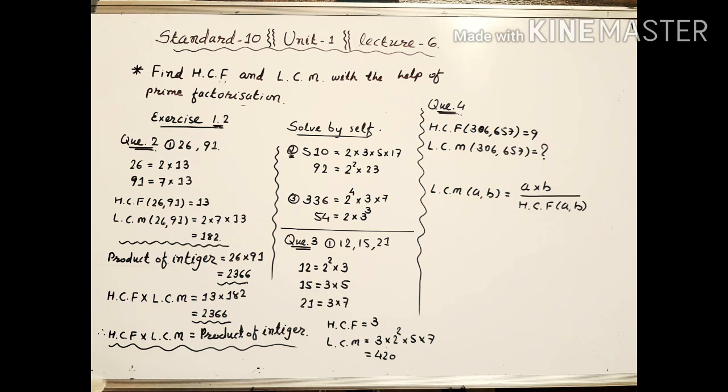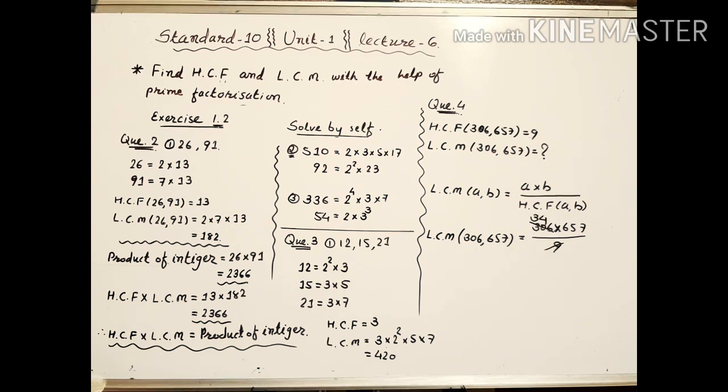We'll put the values of the integers a and b as 306 and 657. So the LCM of 306 and 657 is equal to 306 into 657 by 9. Now I will factorize 306 with 9. When I cancel 306 with the factors of 9, we get 34, and the product of 34 and 657 is